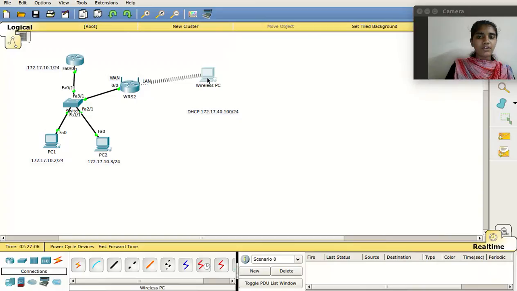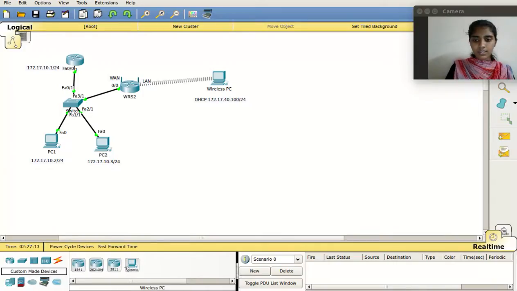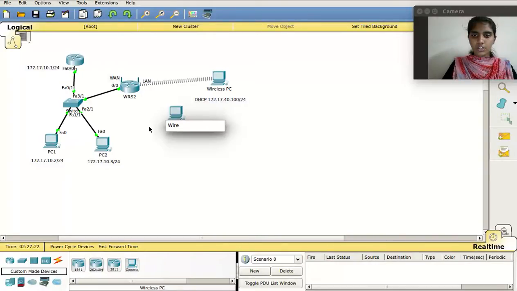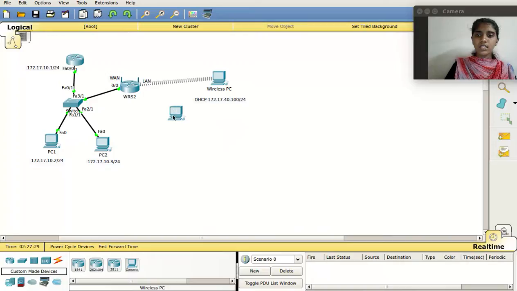And then after this, a wireless PC has already been configured. Now for example, let's take a new one. Let's go to custom made devices and then let's take a wireless PC and we can name it as wireless PC 2 or wireless PC 1. So we can see that it is not connected by default because we have disabled the SSID broadcast. So let's configure this wireless PC by clicking on it and then let's go to the